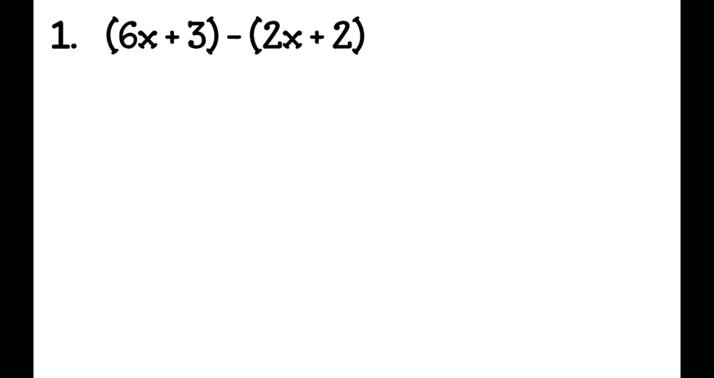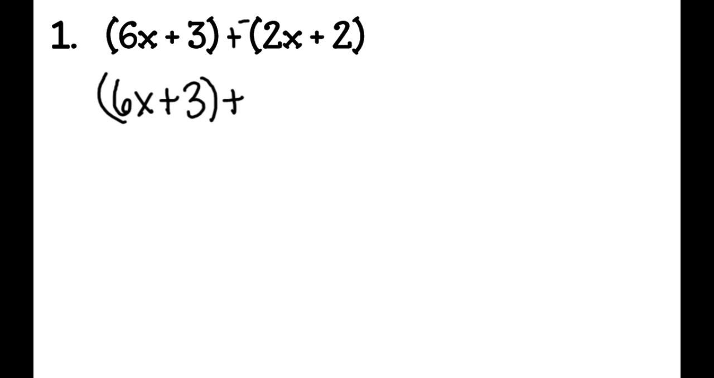Number 1, I have 6x plus 3 minus 2x plus 2. The first thing I'm going to do is add the opposite. Always, always, always go through and add the opposite no matter what type of problem it is. So I have 6x plus 3, and I'm just going to rewrite it down here, 6x plus 3,